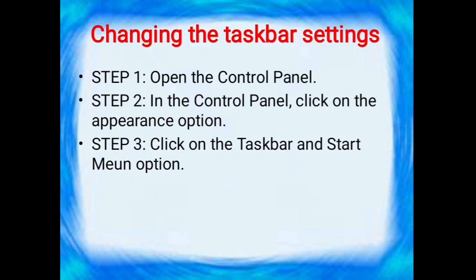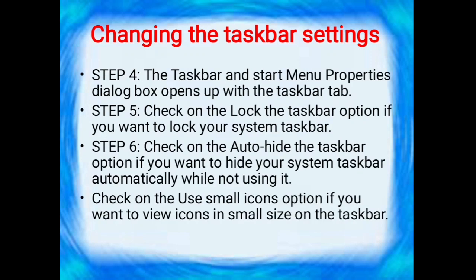After clicking appearance, you have to click on the taskbar and start menu options. The next one, when you open the taskbar and start menu properties dialog box, you have to choose the taskbar tab.